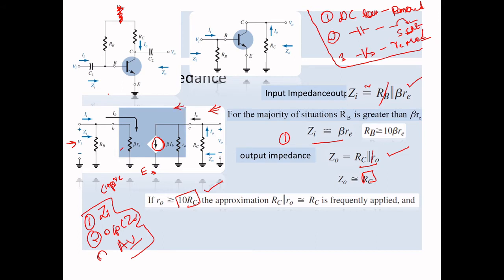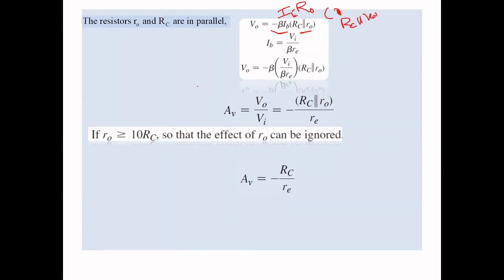Because the current which is coming here and the current which is going to the load are opposite. Suppose you have a load here. Both currents will be opposite, and that is the reason why the current was given minus. So you can see here minus beta Ib RC parallel to r naught. Consider you have some RL, here you have IL and here you have IC. If you consider both are opposite, in that condition you can put a minus.